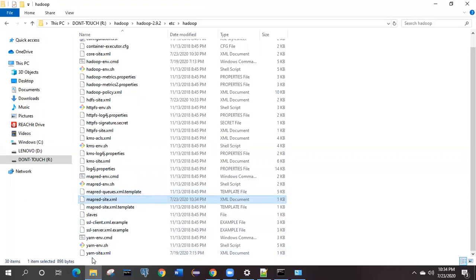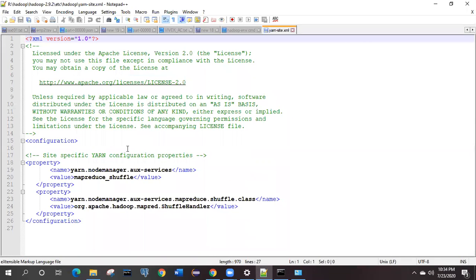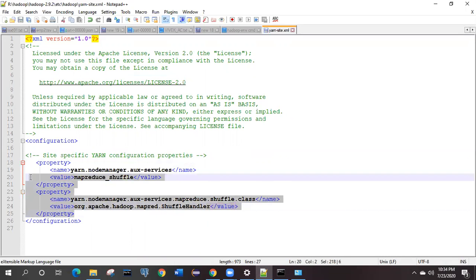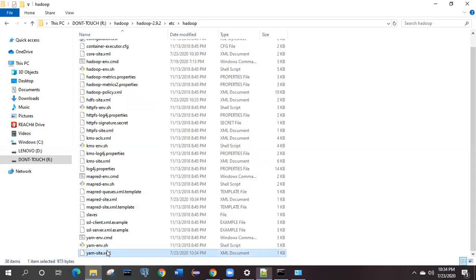The next file that you need to configure is yarn-site.xml. Again, here you need to specify these two properties. So don't worry about what these properties are actually doing. You have to simply copy these two properties over here, because they are not doing any specific work, but they are doing the work of MapReduce. These are predefined, no need to give a custom value over here. So these are the configuration file changes we have to make in the Hadoop folder.